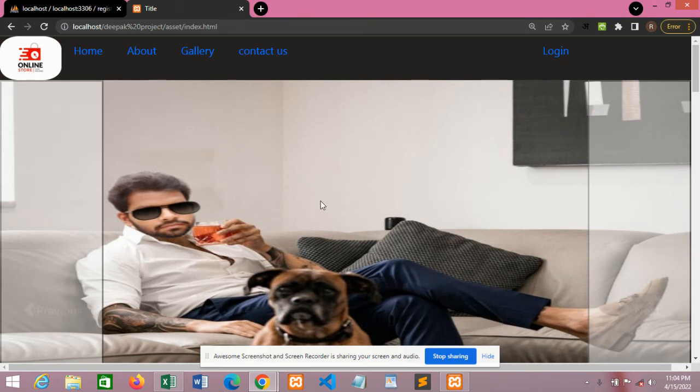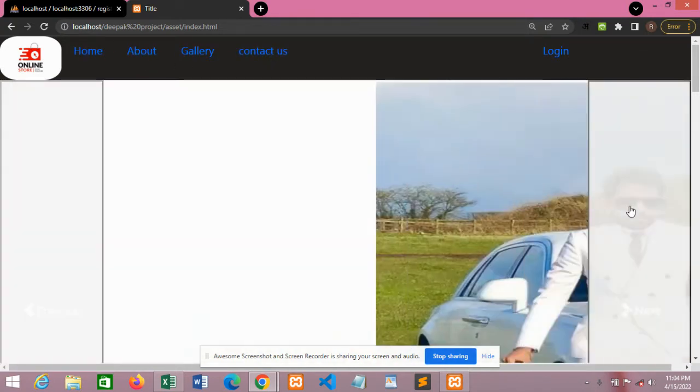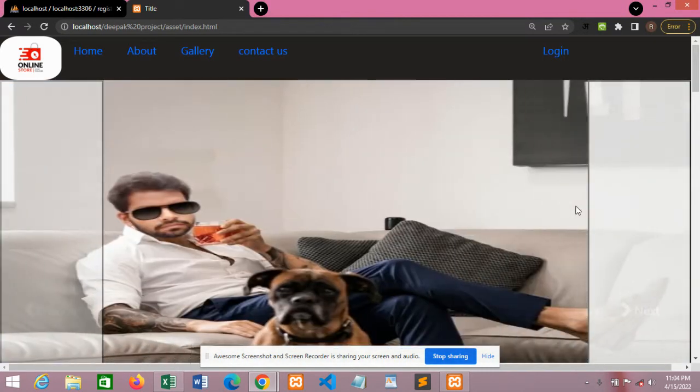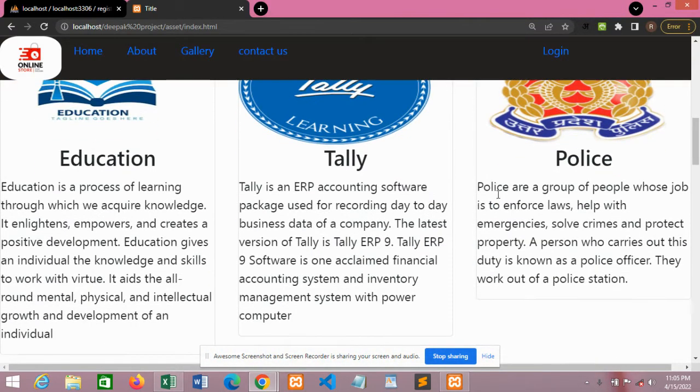This is just the simple website which I have made. This is the navigation bar, where this is the logo and this is the home, about, gallery, contact. This is the slider, which when we slide, I have put my photos here, and these are the cards which